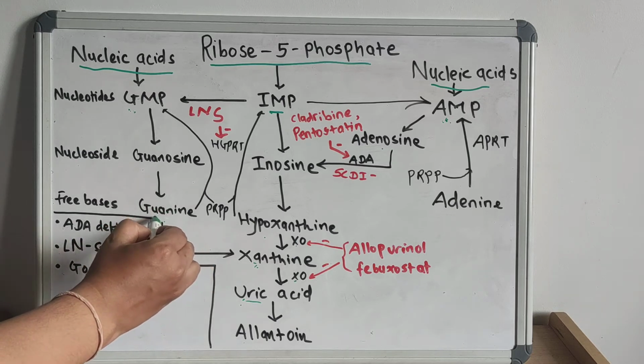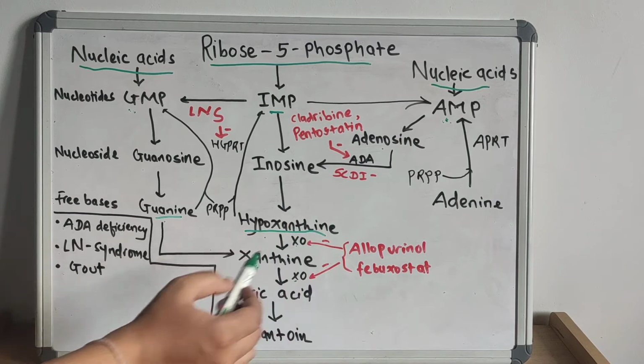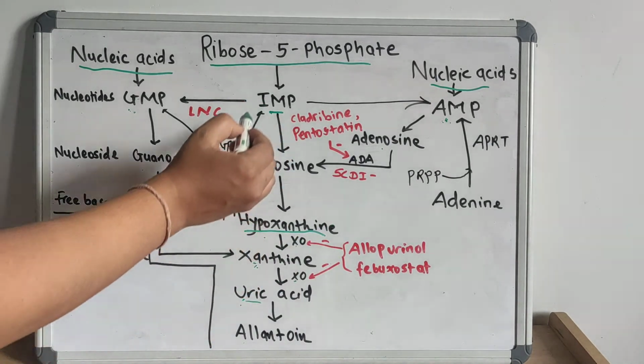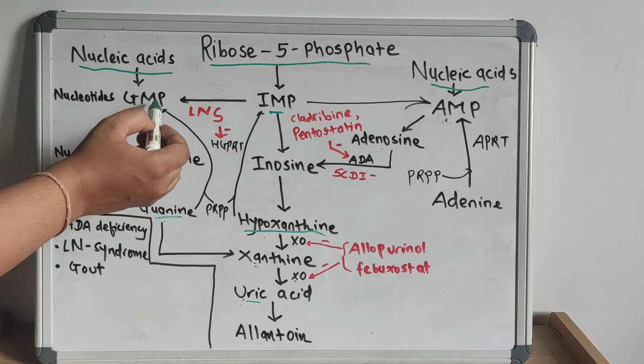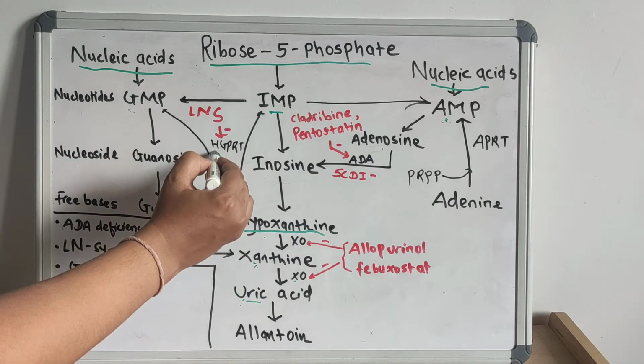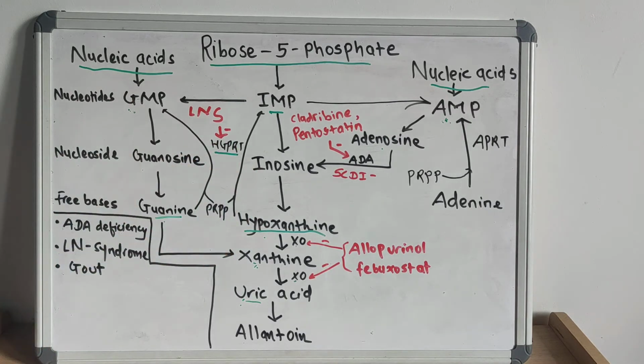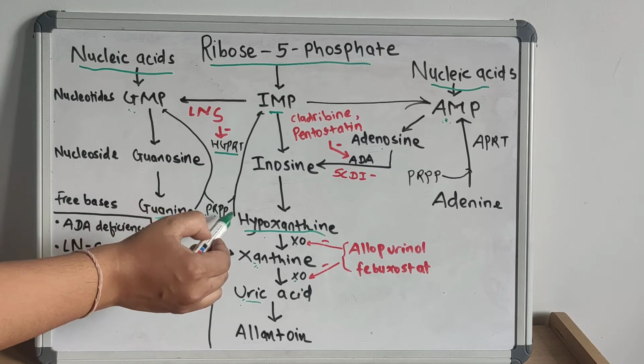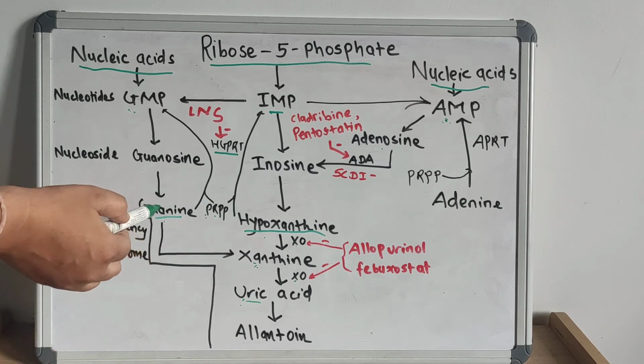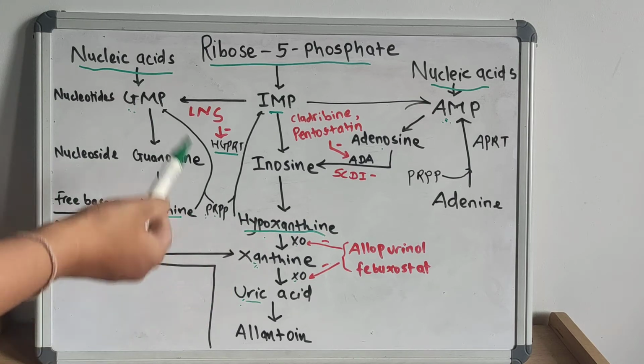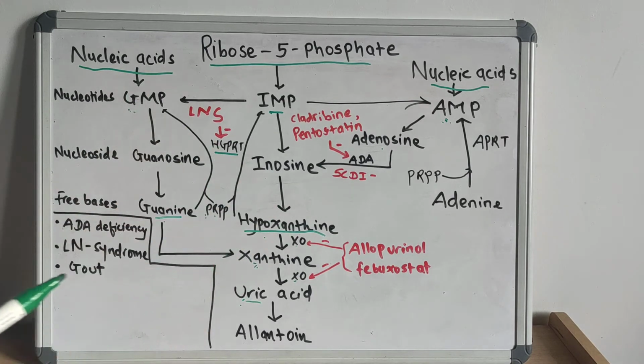The guanine and hypoxanthine can again be recycled to inosine monophosphate or guanosine monophosphate by the help of the enzyme hypoxanthine guanine phosphoribosyltransferase, HGPRT. With the help of HGPRT and PRPP, phosphoribosyl pyrophosphate, the guanine and hypoxanthine can be converted to GMP and IMP respectively. So here we have discussed the metabolism of the purine, how the adenosine monophosphate, IMP and GMP are converted